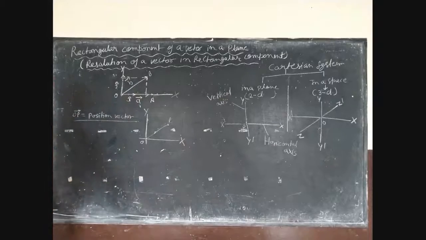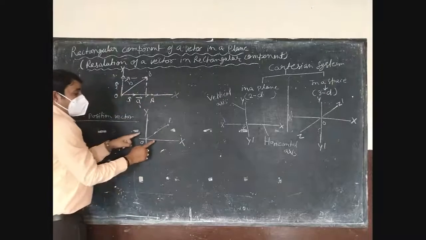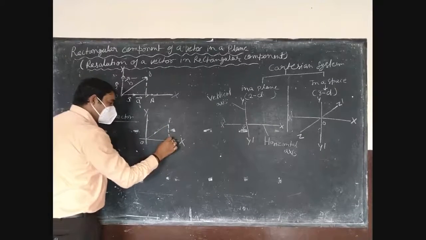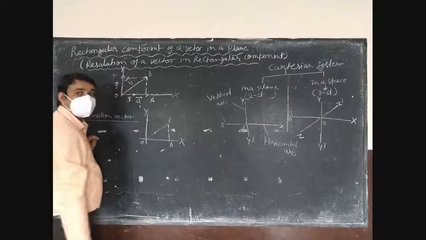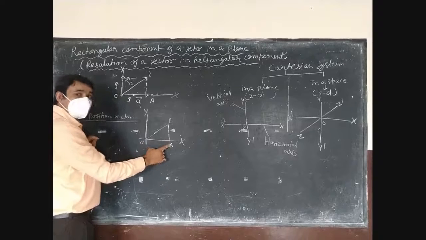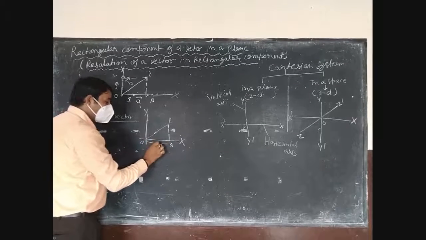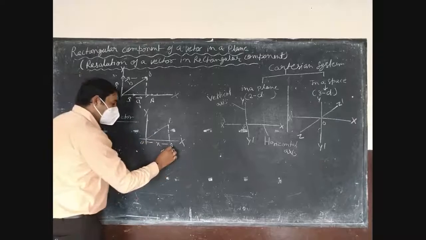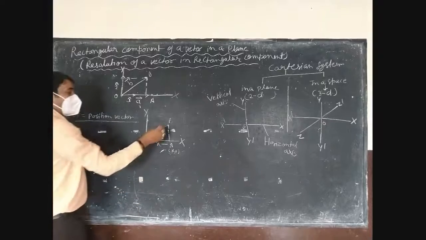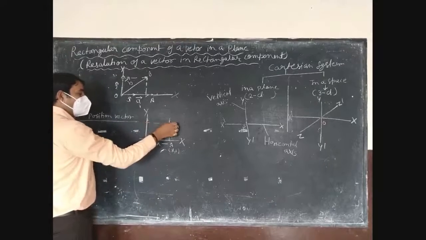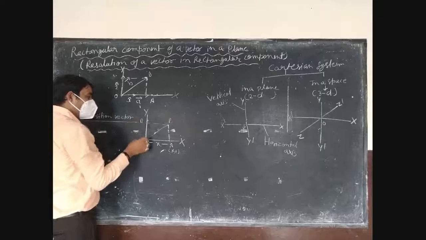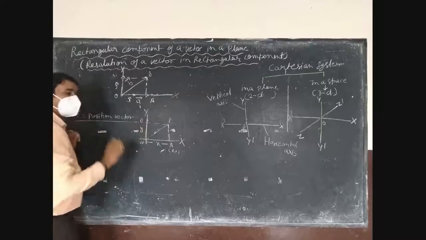Okay, now if we draw a perpendicular from here on the x-axis, let's say it meets the x-axis at point A, and when we measure the distance from the origin to this point A, we get this distance equal to x. Then we say the coordinate of this point A is x. When we draw a perpendicular from this point P to the y-axis, then after measuring from O to this point B, we get the distance on the vertical axis is y.